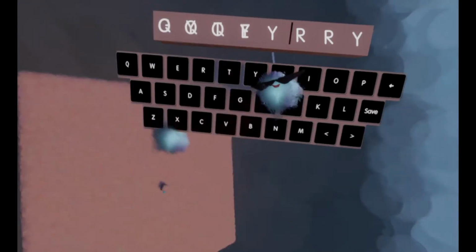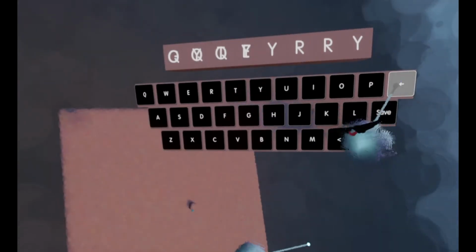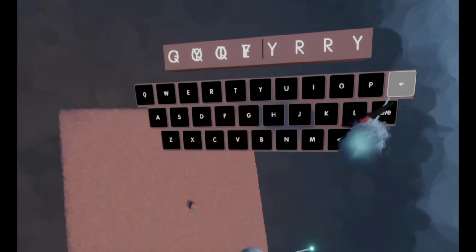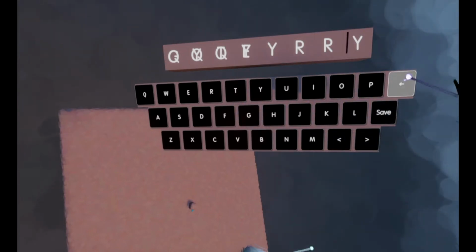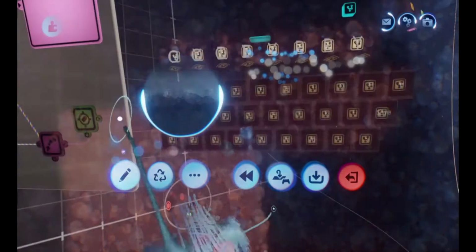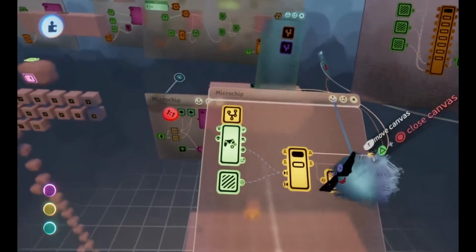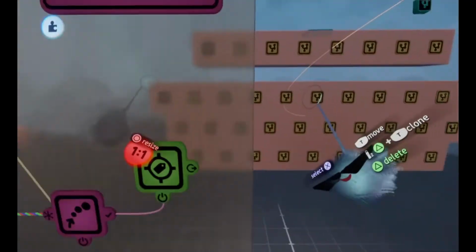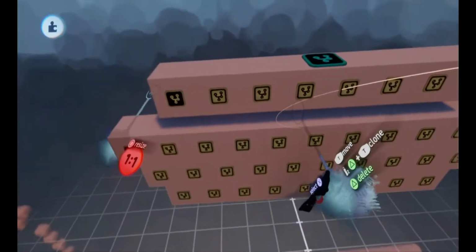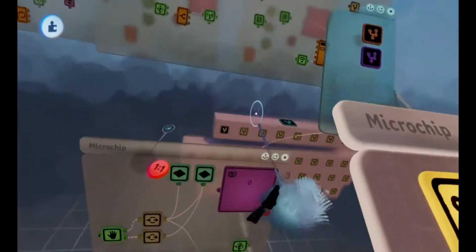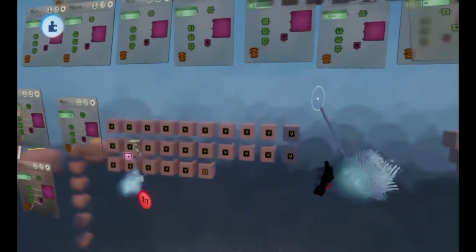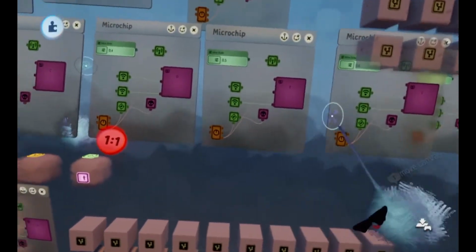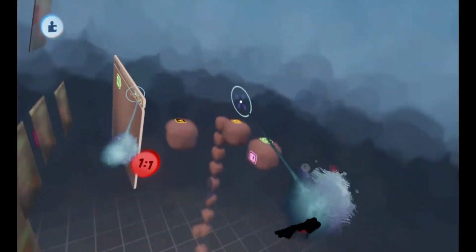Anyways, let me try this. No, never mind. That does not work anymore, but yeah. Alright, so this is a nice keyboard. He made it, and it works. It's great. And that problem might be my fault, so I hope it's my fault.